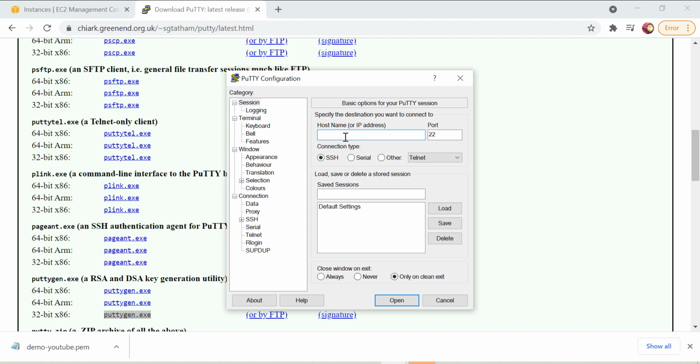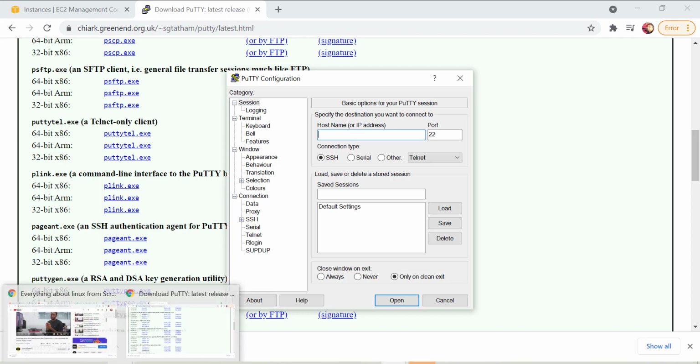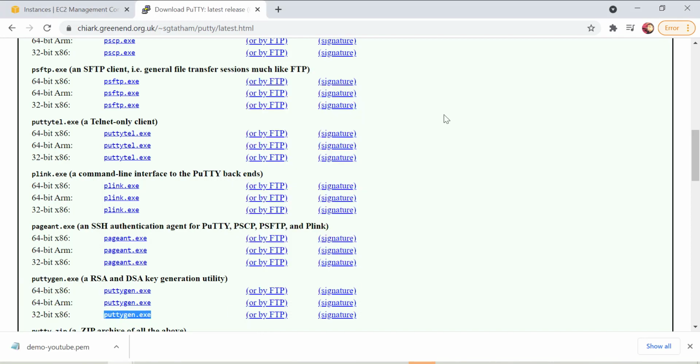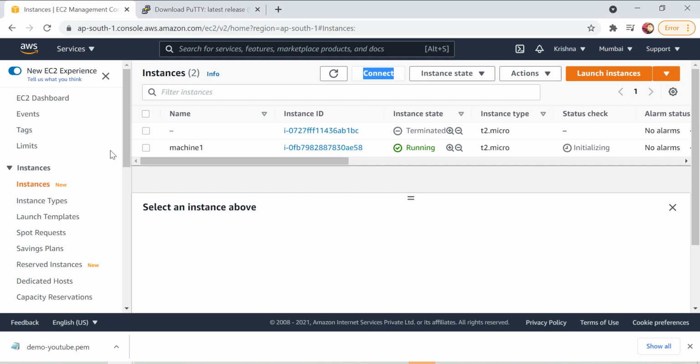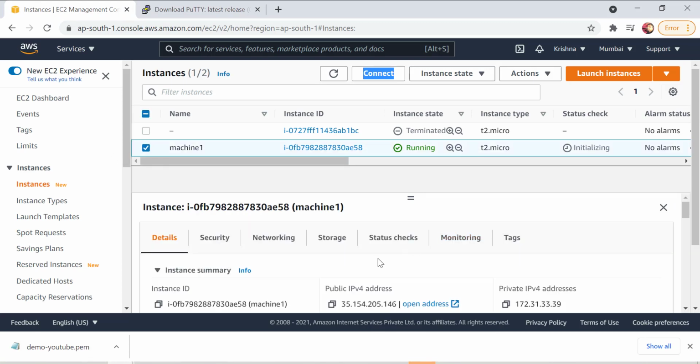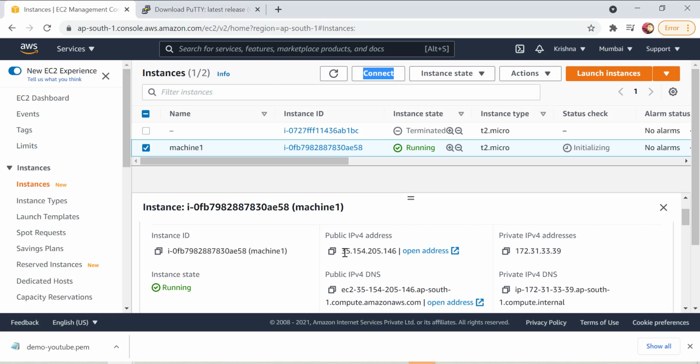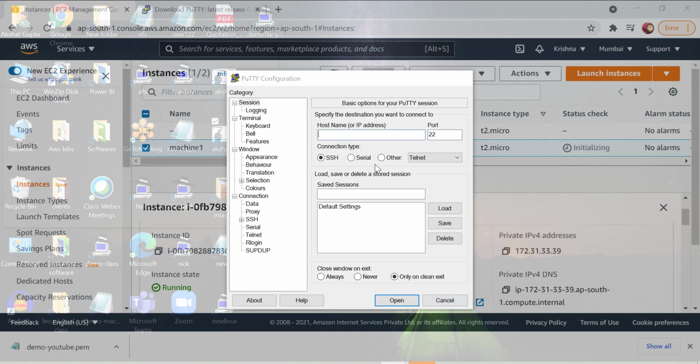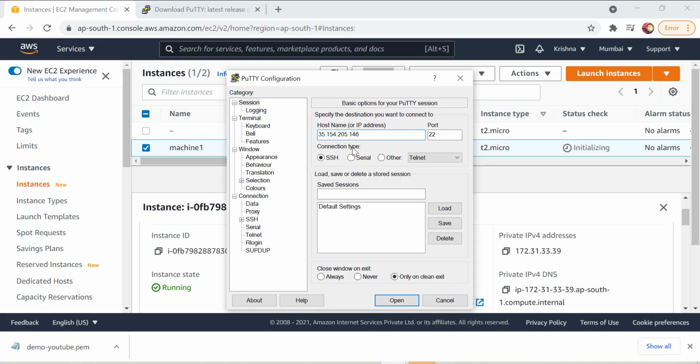It will ask me for my host name. In that case, you need to go to the AWS link again. Here, when you select your machine one, you can see your public IPv4 address. Just copy that address, go to your Putty again, and paste that host name.